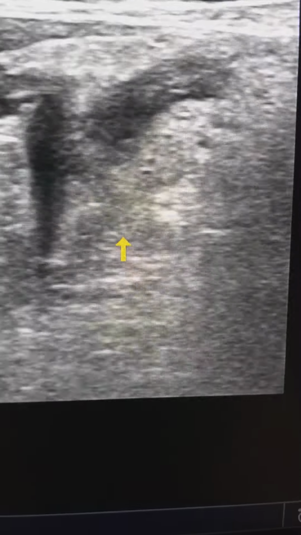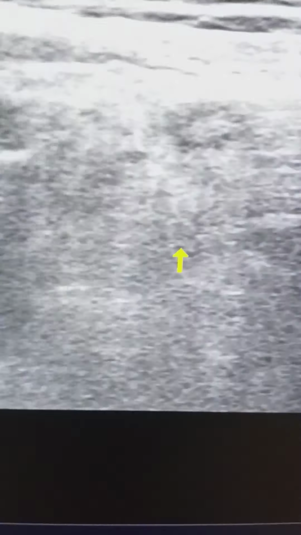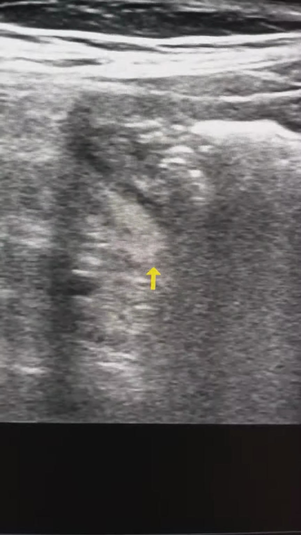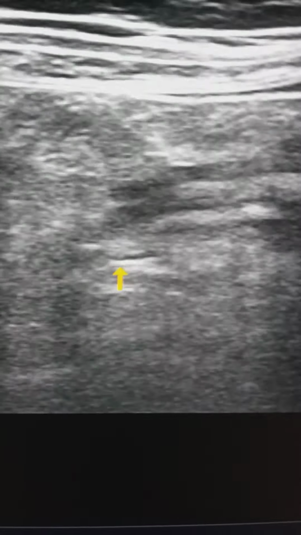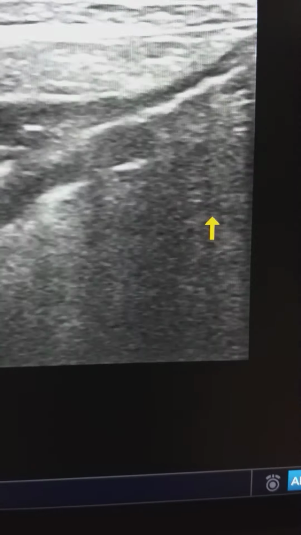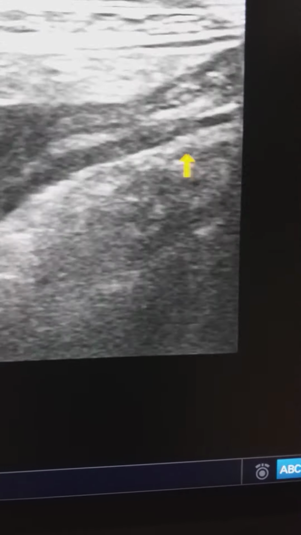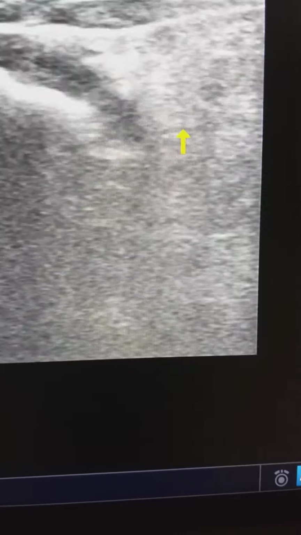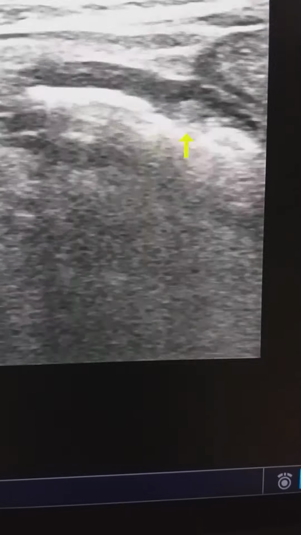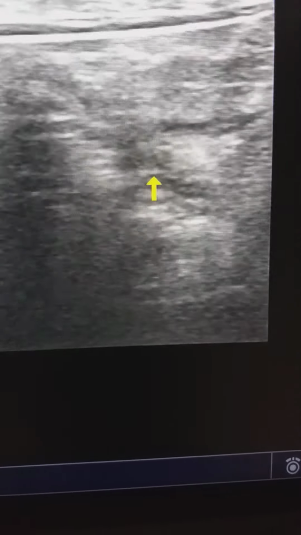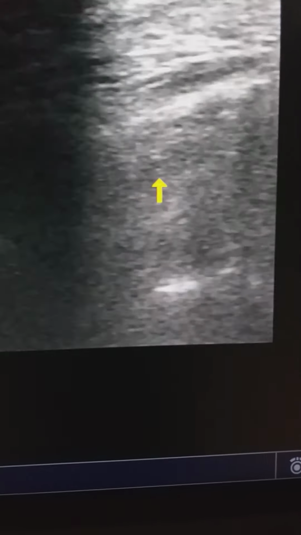ये भी inflamed है. तो इसमें अब एक chronic infective process जा रहा है, which usually at this region is the ileocecal tuberculosis, which may involve the terminal and distal ileum and can cause stricture in this region. So in my opinion, this is likely a case of ileocecal tuberculosis.